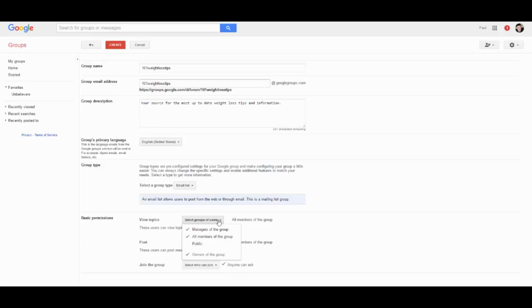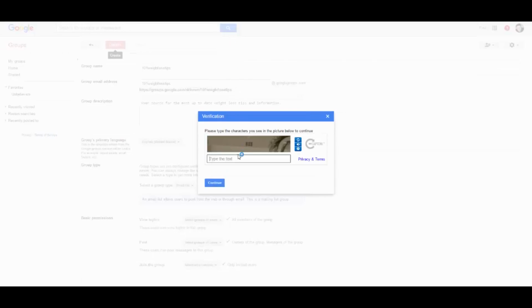For view topics, we want to say members, managers, and all members of the group can view posts. As far as who can post in this group, we're going to set it to where only owners and managers, which would be yourself, can post in it. Then for who can join the group, we're going to say anyone can ask, or you could select only invited users, which may work better because then you can actually invite people from your email list. So then we're just going to choose create this group,